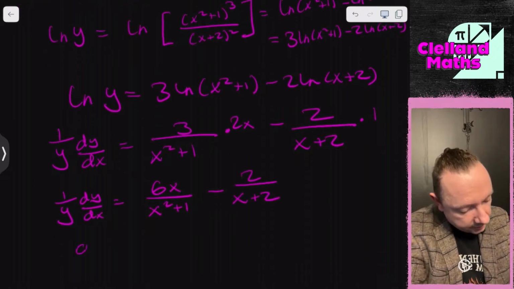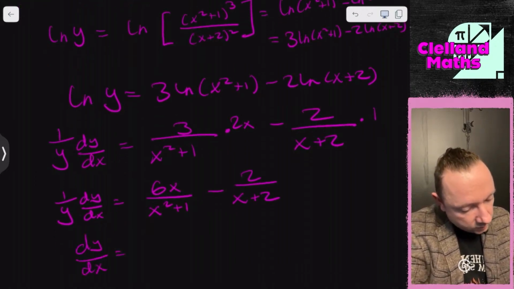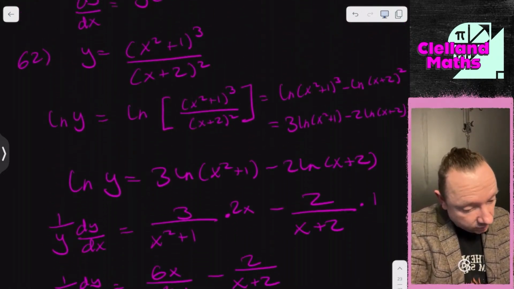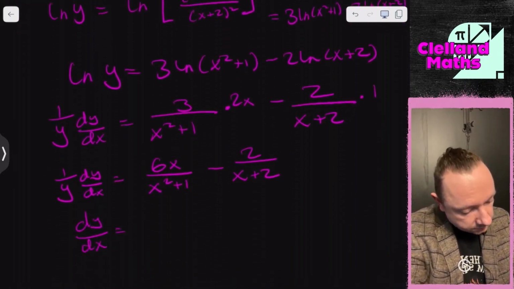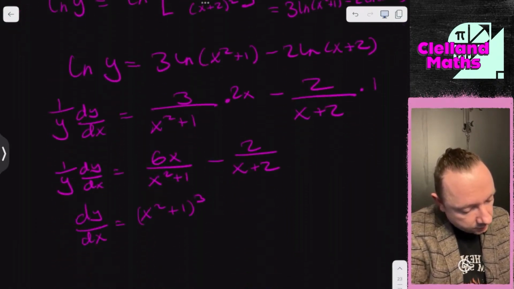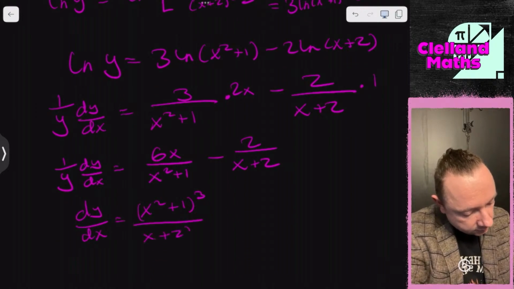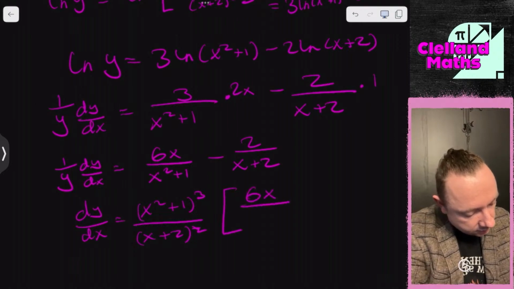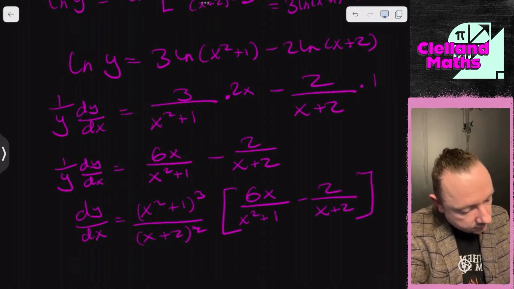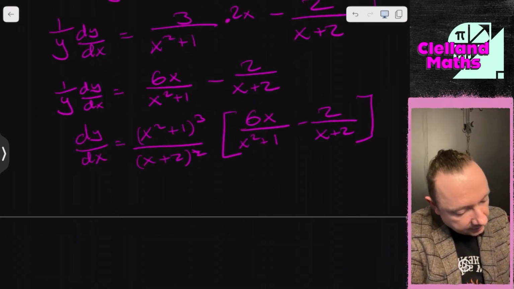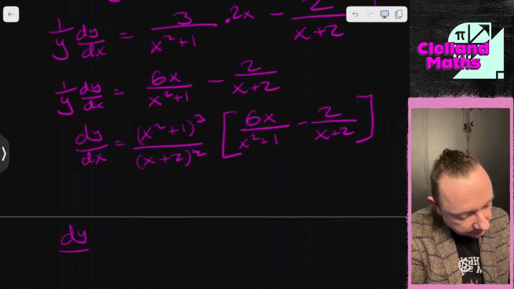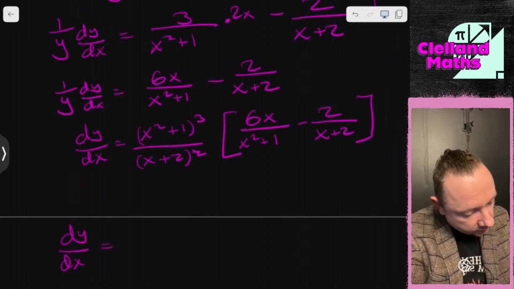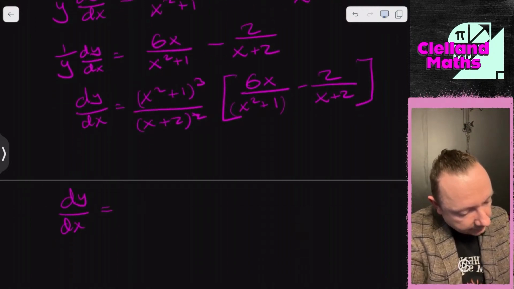So times them through by y. But remember, y was equal to this thing here. So we've got x squared plus 1 cubed over x plus 2 all squared, times the whole of this function. Well, I can cancel from the first fraction, so the dy by dx. This one and this one cancels by 1, so I get times them together